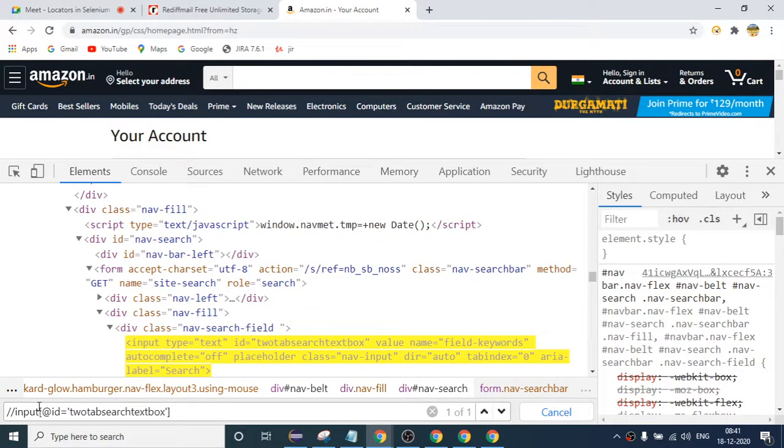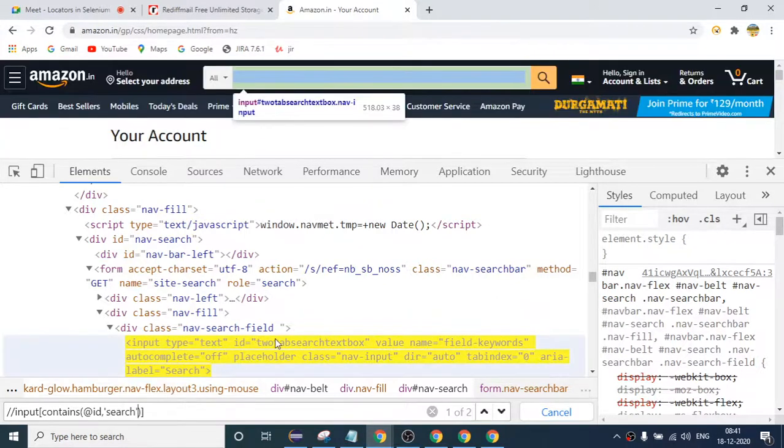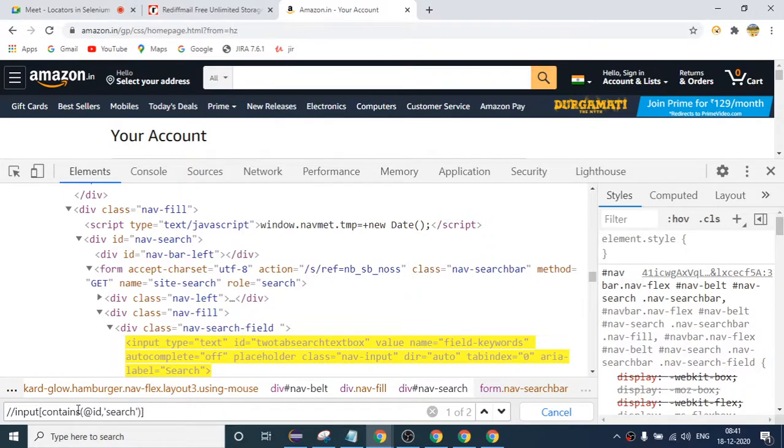If you want to use contains here as well, you can just say the contains keyword, @id, provide the bracket. Instead of equal to, you have to place a comma. If you just remove this, for any element you can use contains. But here we know that this id will not change frequently, so why use contains? Similarly you can also use starts with.